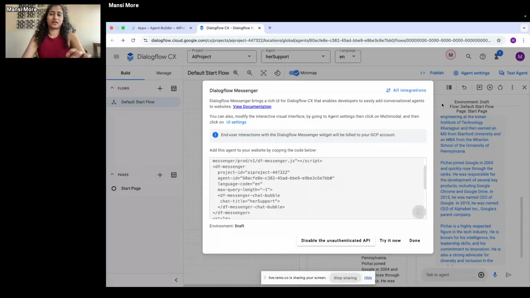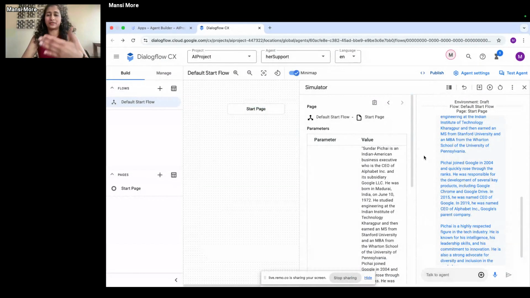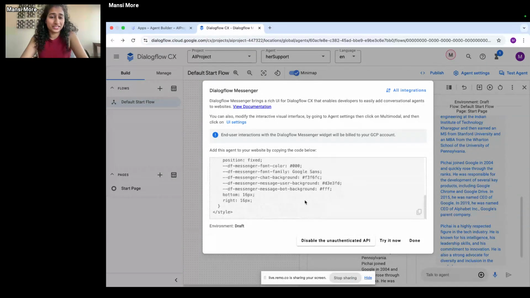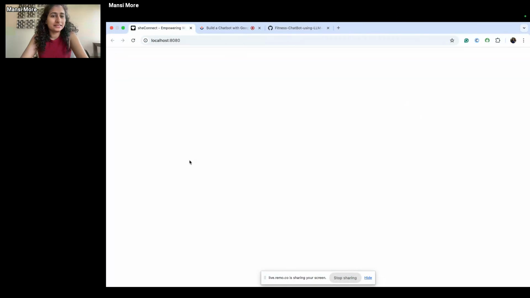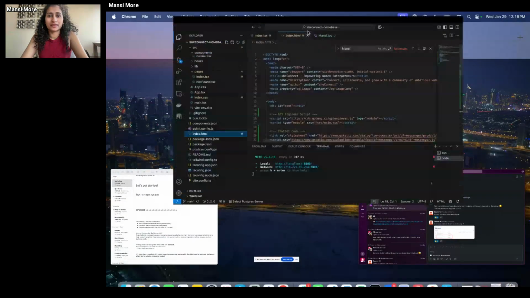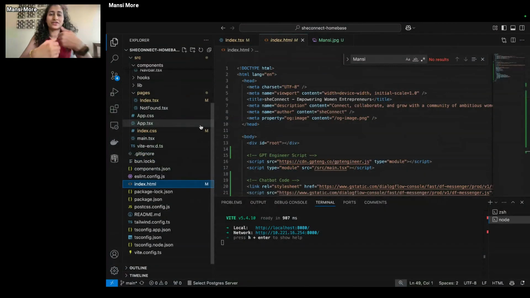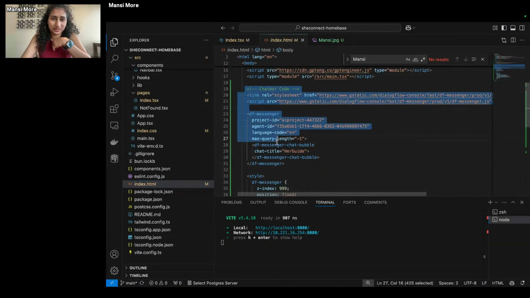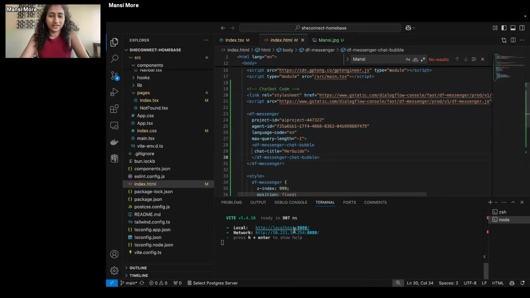Okay, again, this was the chatbot which we've created, publish. This is the code for my chatbot, and this is the code for the website which I have created, She Connect. So I went to index.html and I just put the chatbot code here. See, chatbot code. And if I run it, it will direct me to the